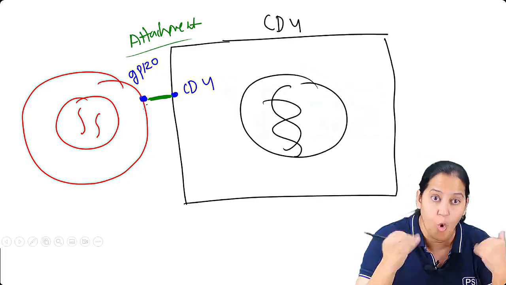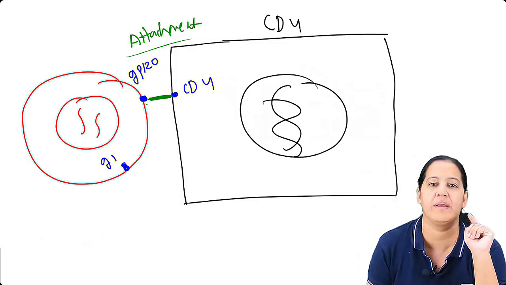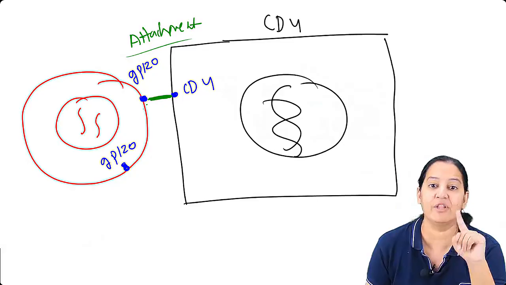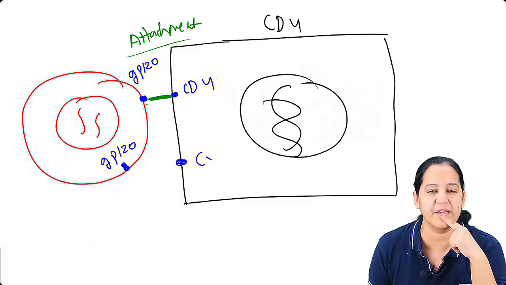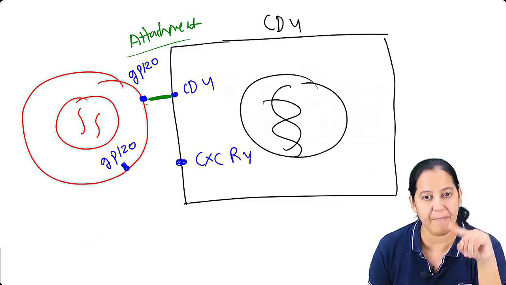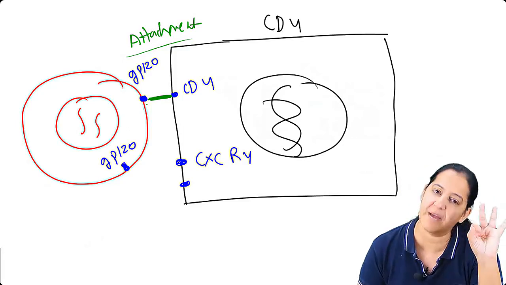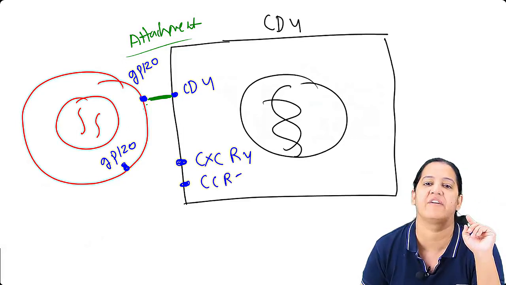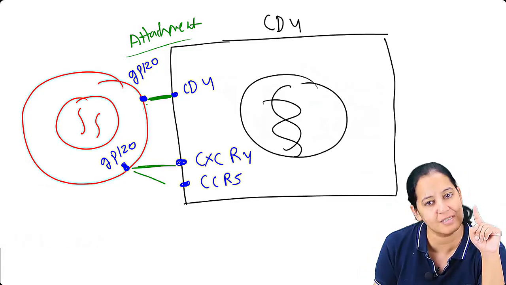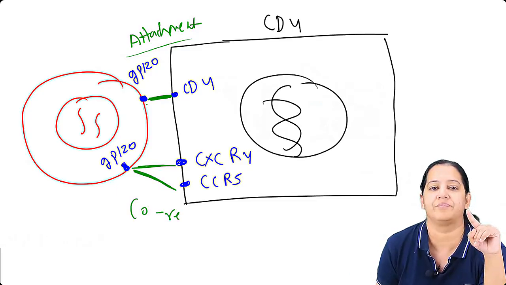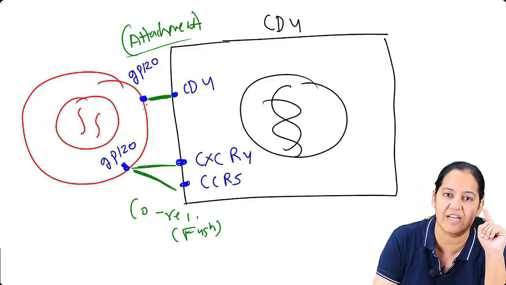Now let me tell you the co-receptor, co-binding. In the co-binding, again GP120 here is binding with what? If it is a T lymphocyte, the co-receptor is CXCR4. And if it is a macrophage, there are two types of cell the virus affects, T lymphocyte and macrophage. In macrophage, the receptor is CCR5. So here, glycoprotein 120 forms a bond either with this or with this. This bonding is known as the co-receptor. This is required for fusion, and the other one is required for attachment.